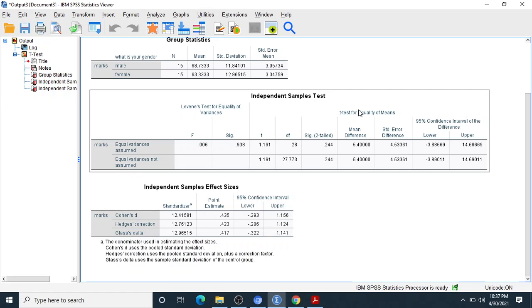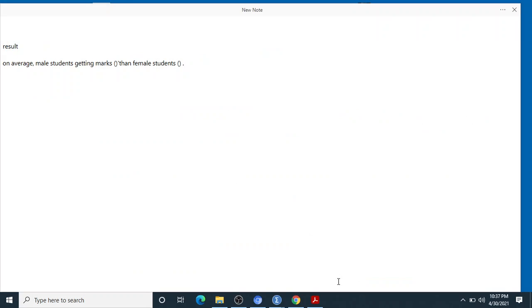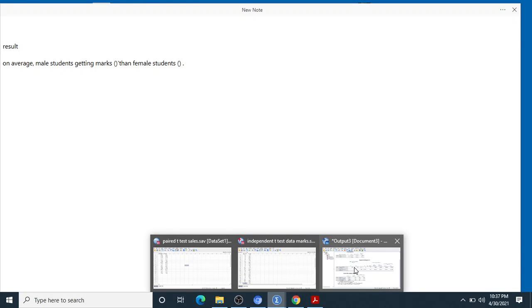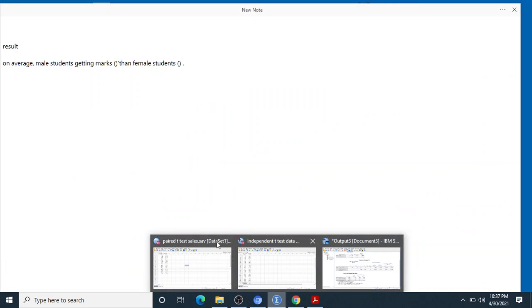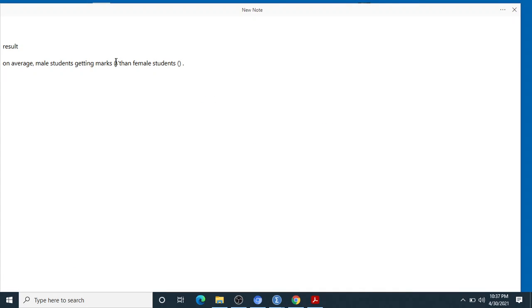So the male marks are 68.73, M is 68.733.